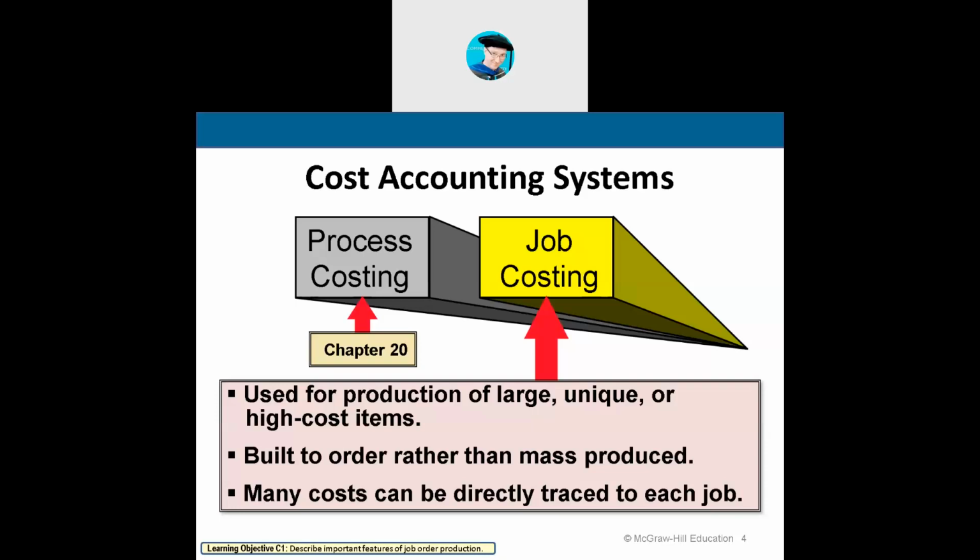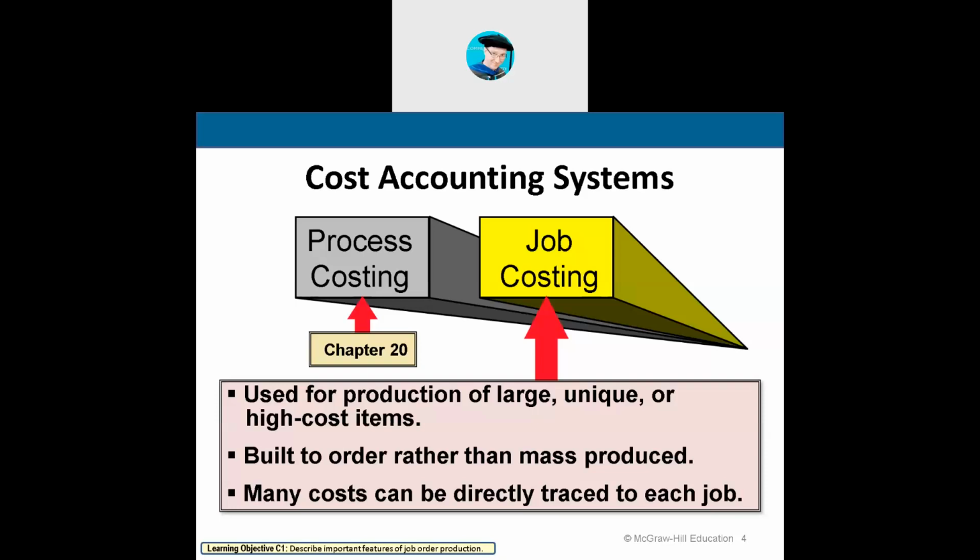Thousands of them get made every second. It's a process. They're the same. It's a bottle. It's got water in it. It's got a label on it. There's millions of them, so mass-produced. And it's a continuous process. They're going to keep making thousands of these every second from whenever it started till the end of time.